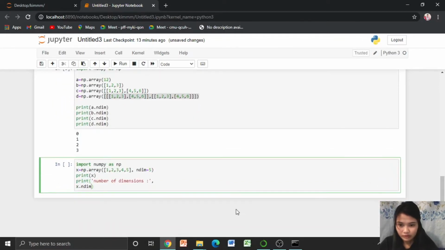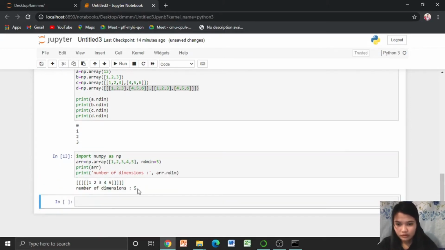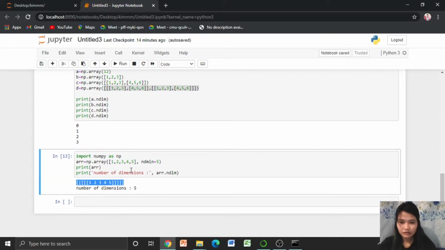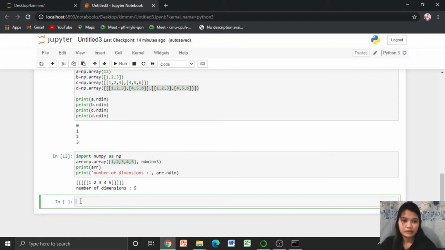So, ito yung lumabas. Meron tayong 5 dimensions. At ito, na-verify that it has 5 dimensions. Yung ating 1, 2, 3, 4, 5, nagkaroon na siya ng 5 dimensions. Ito yung itsura ng ating 5 dimensions. So, next naman tayo, mag-move on tayo sa